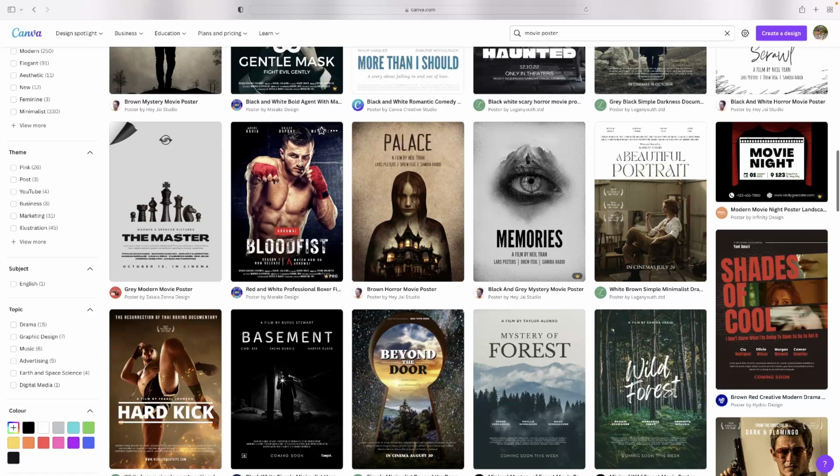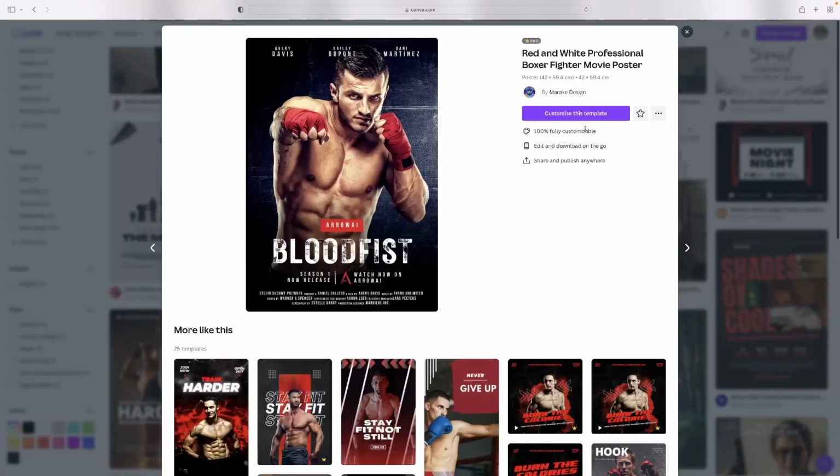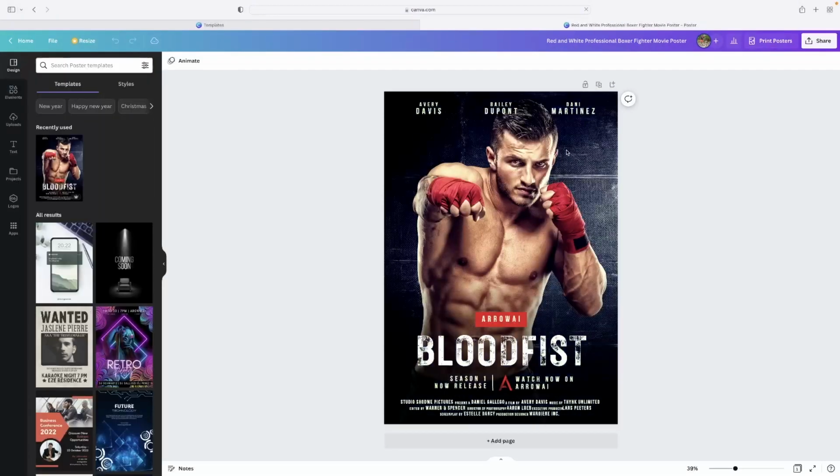Say, for example, this fighting movie here, and you could look at that and think, yeah, that's what I want for my documentary. Your documentary might not be anything about fighting or men or anything like that, but if you customize it, and you just like the look of the font and the background and the general layout of it,